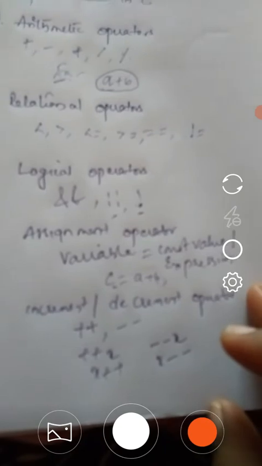Okay, so if we are writing a statement like ++x, this is denoted as pre-increment. If you want to use a post-increment operator, you have to use it like this. We also have pre-decrements and post-decrements. For pre-decrement you have to write it like this, for post-decrement you have to write it like this. So these are the unary operators which we are using in C.